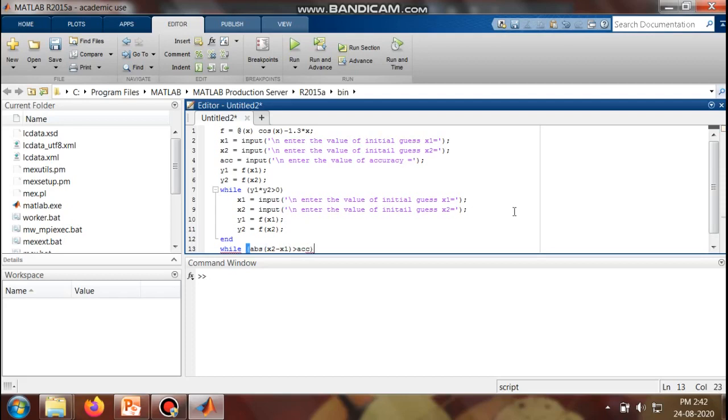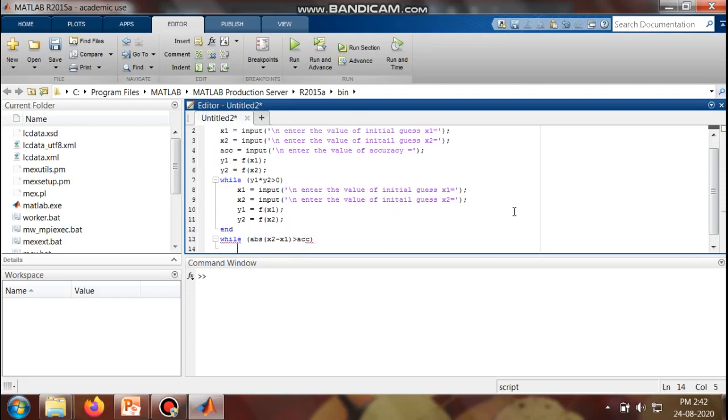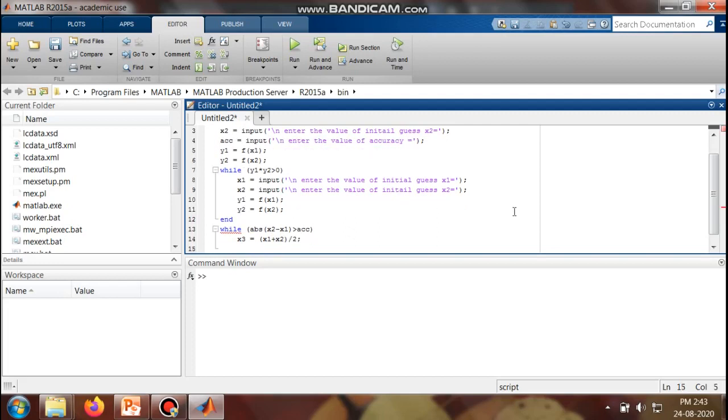So bracket complete. Come to the next line and write x3 is equal to x1 plus x2 divided by 2. Terminate the sentence. Then you can find the value of y3 for x3, so we can write y3 is equal to f of x3.